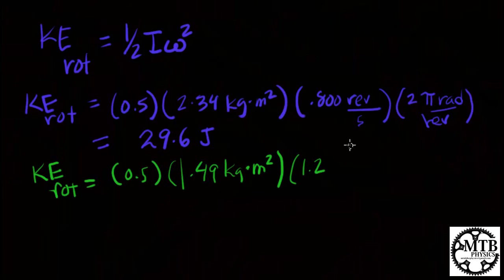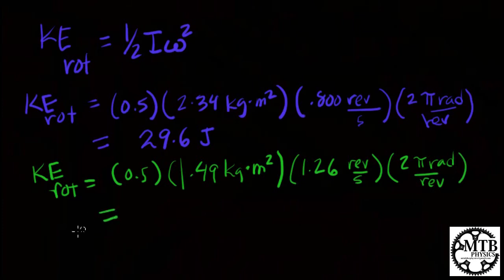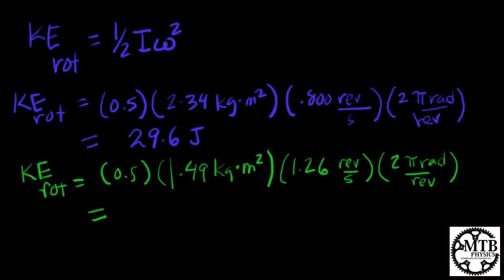Again, we're going to change that to radians per second. And again, there's a mistake in the equation here. That should be squared. Our angular velocity should be squared in both of these problems to get the answers that you see here. And the new answer is 46.7